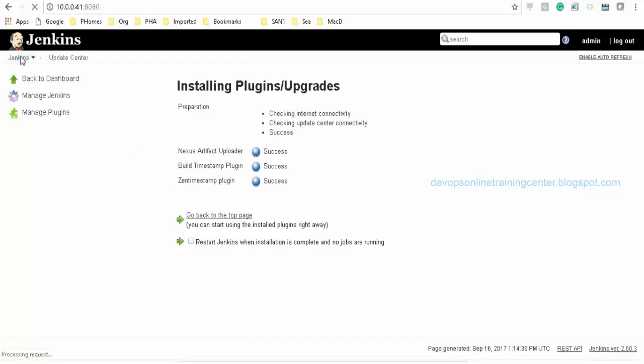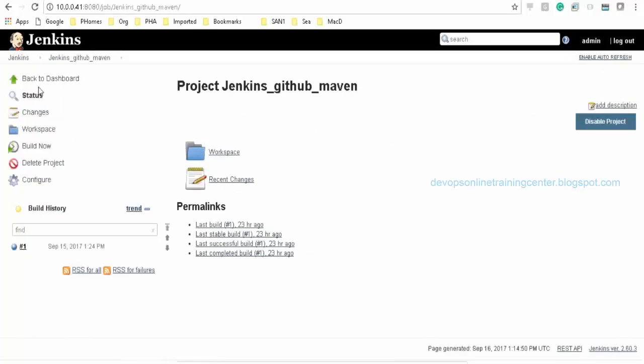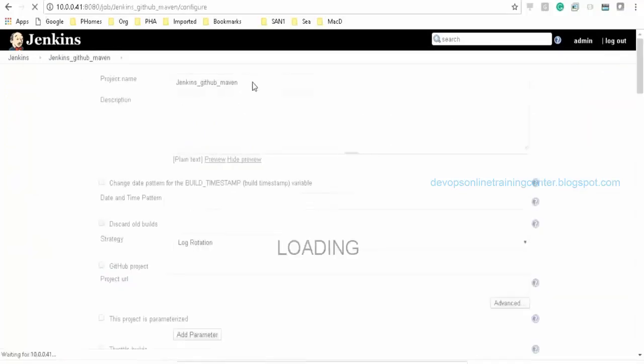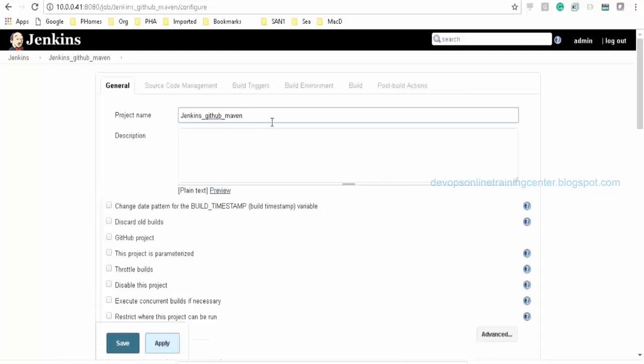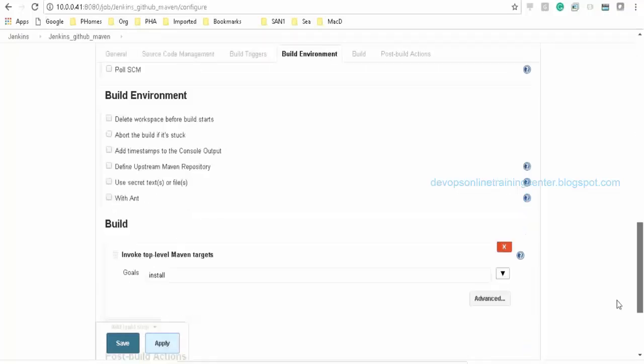Okay, so I'll go to the job, go to configure, then Jenkins, GitHub, Maven, and then Nexus. Everything else is the same.